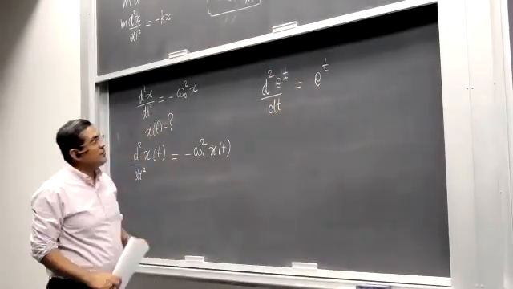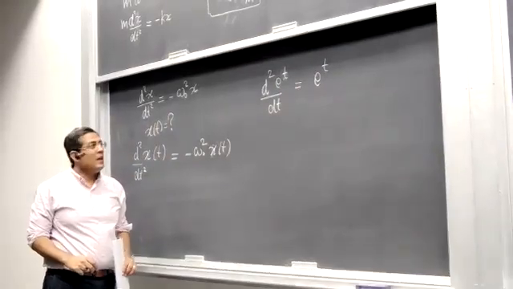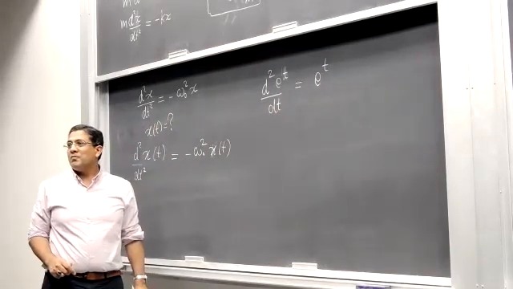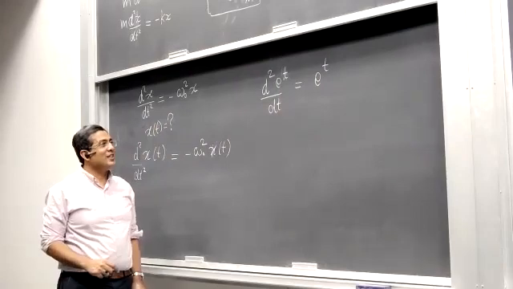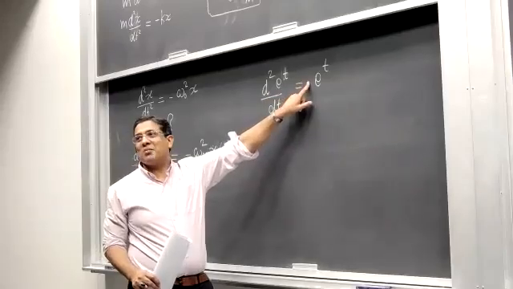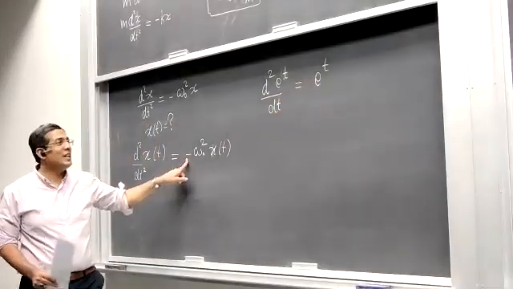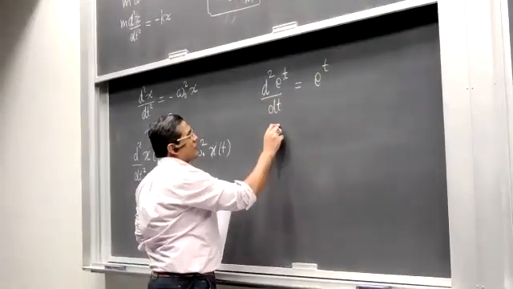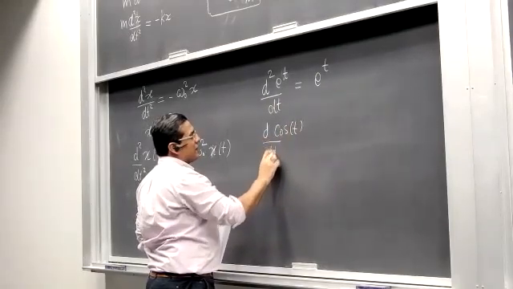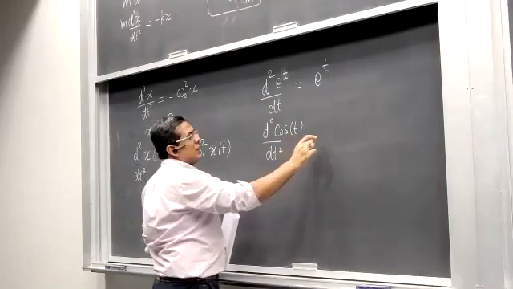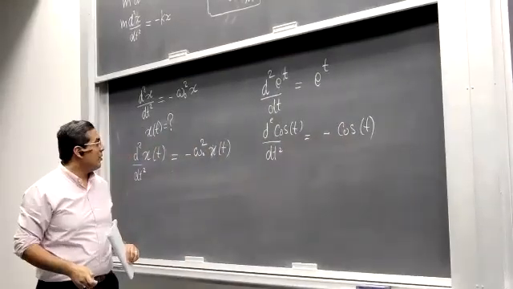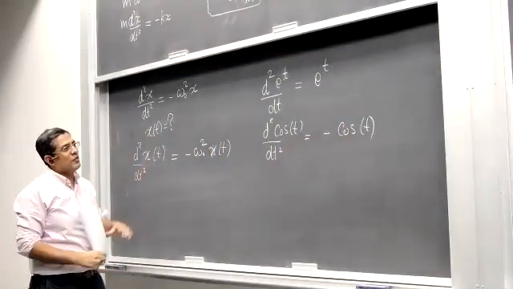If we use sin x, its double derivative would be equal to minus sin x, so the negative sign will come too. Very good, yes. So the exponential is a good choice, but the problem is it doesn't bring a minus, and we need a minus here. So let's say we choose this function to be cosine t and take a double derivative. This would give us minus cosine t.